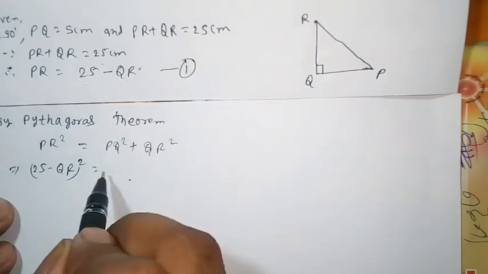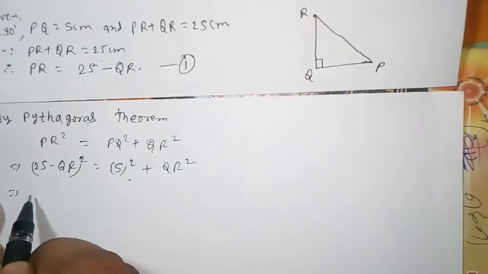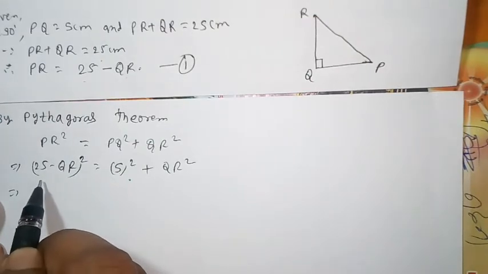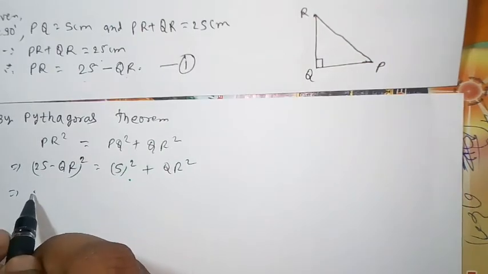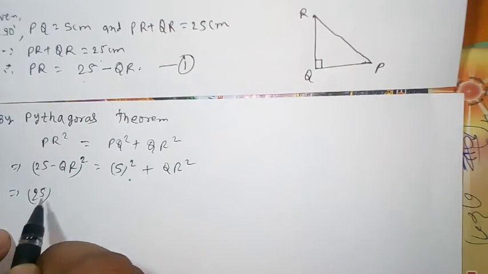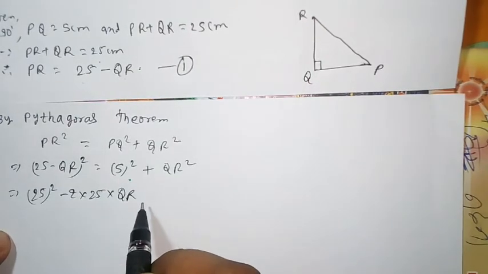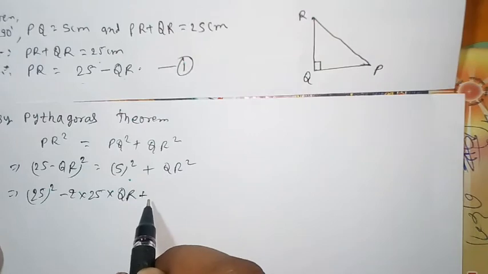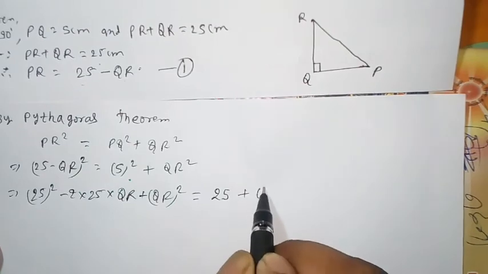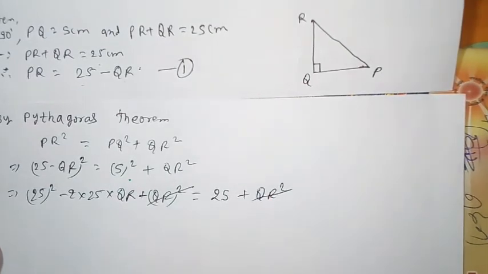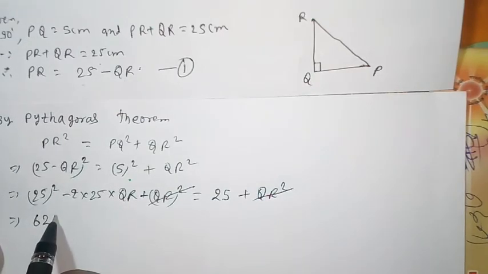PQ is equal to 5 centimeter, so 5 square plus QR square. Using (A minus B) the whole square is equal to A square minus 2AB plus B square, we get 25 square minus 2 into 25 into QR plus QR square is equal to 5 square, which is 25, plus QR square. QR square and QR square cancel, implies 25 into 25 is equal to 625